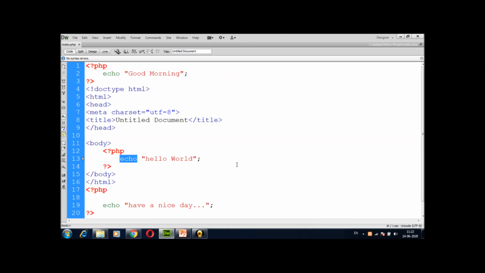Here echo is a word borrowed from Unix syntax programming, where echo is used to print any output. So PHP echo is also doing the same task. Whatever statement I write with echo in double quotes, it will print as it is on the browser screen.